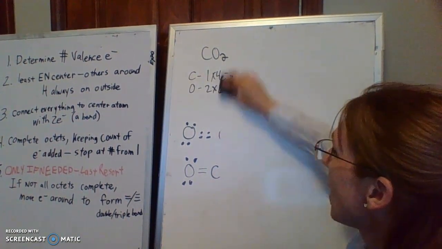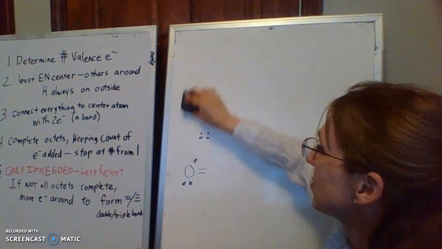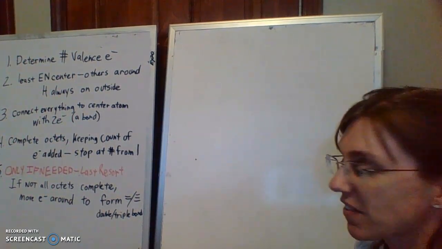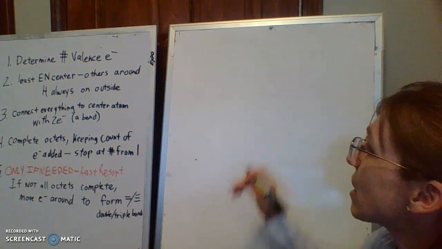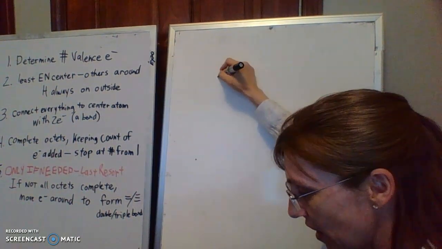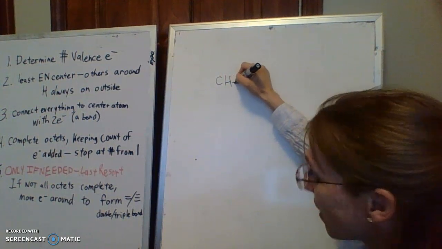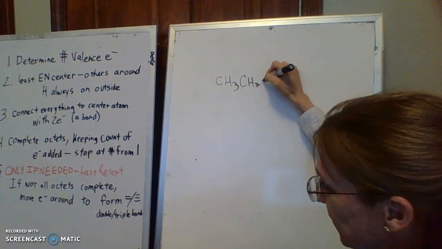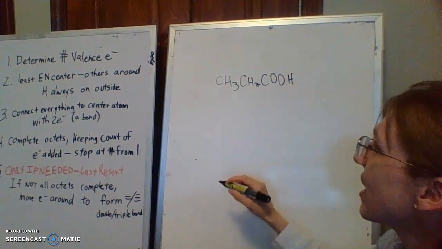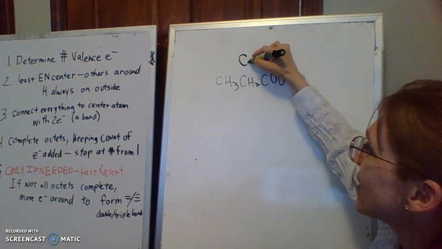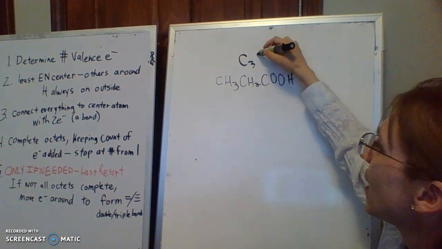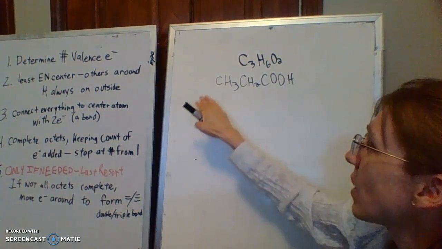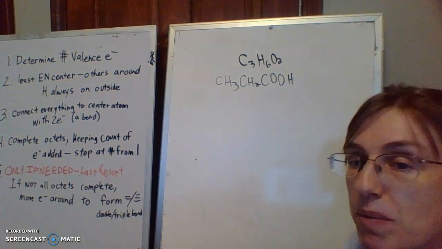So far we've talked about molecules that have a central atom. Okay, you put the least electronegative in the center, everything else goes around the outside. Well, there are some cases in which that may not be the case. Say, for example, we've got CH3CH2COOH. Now, you might ask, well, why didn't you write it C3H6O2? And the reason why we write it this way is because we want to convey some type of connectivity,